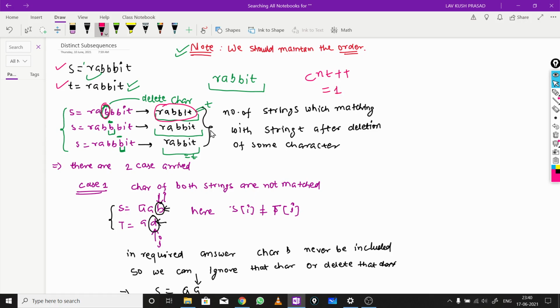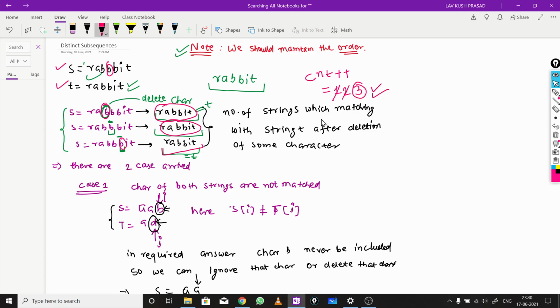And if we delete this b from s, then after that s changes to be t, so we also get another string which is equal to t, so we increment the count to 2. And if we delete this index b, we also get a string which is equal to t, so we have another answer. So we just increment the value of count, and this is our required answer.